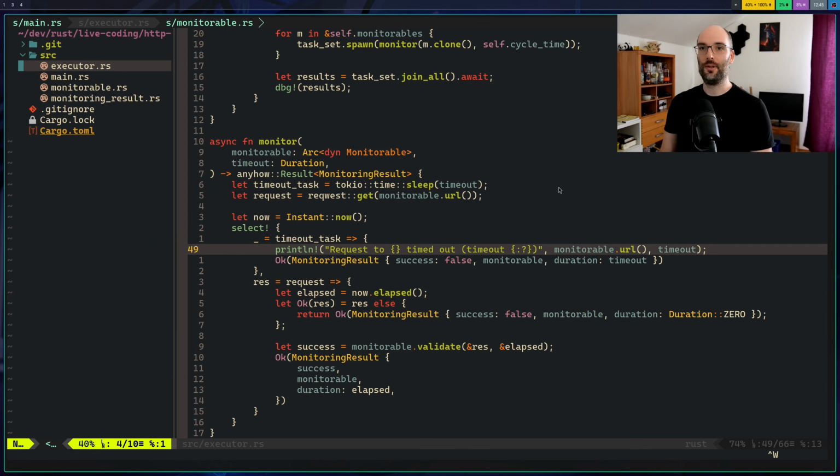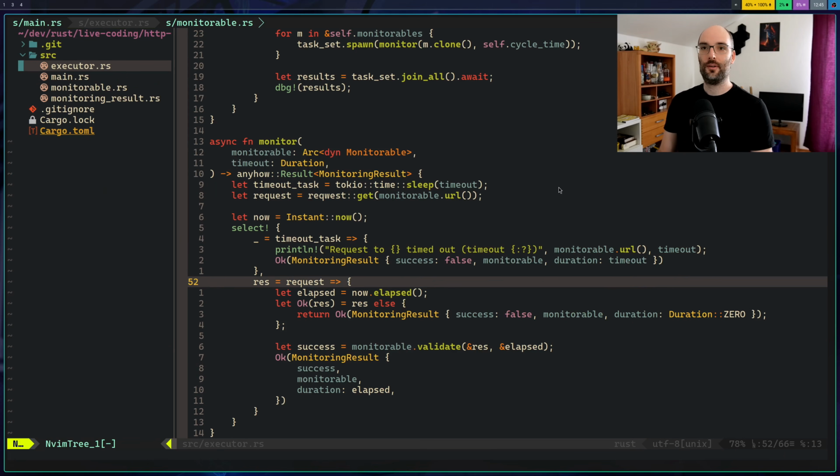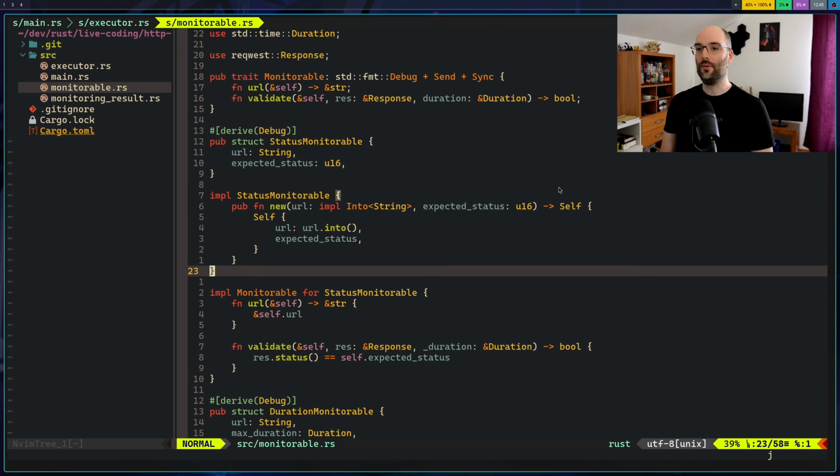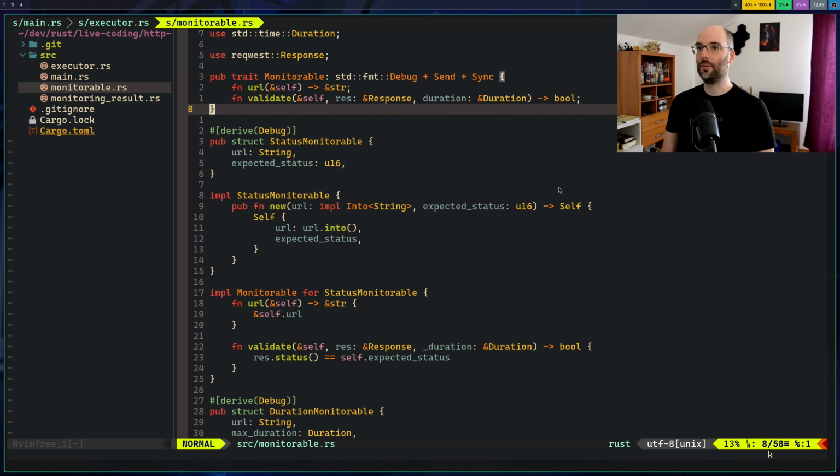Whereas if we look at our monitorable, which is right here, this is the thing being monitored. So we had a common trait, the monitorable trait, which knows what URL to query or to request, and we have a validate function which returns a success boolean, so whether the monitoring succeeded or not.